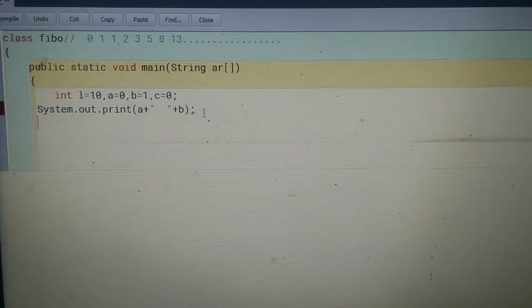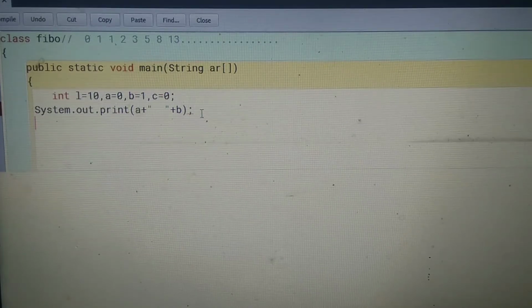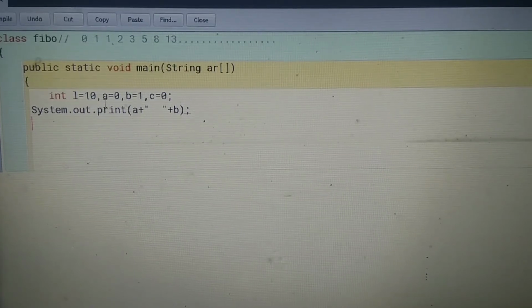After printing A and B value, now we need the loop. You can select any loop. I am selecting for loop. Okay, you can perform do while loop as well as while loop. So see here, we want to print 10 terms of Fibonacci series. In 10 terms, first term A we already printed here and second term B we already printed here.